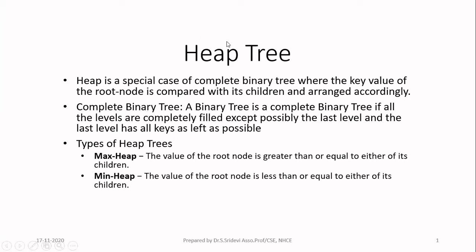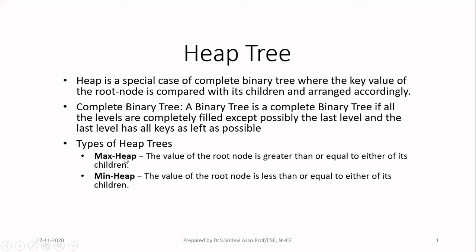binary tree. And in case of heap trees, we have two conditions. The first condition is the tree must be a complete binary tree. And the second condition is it has to satisfy a property of heap, that we will see. In case of heap tree, we have two types of heap trees. One is called max heap and the other is known as min heap. So this is the second condition we have in the heap tree.